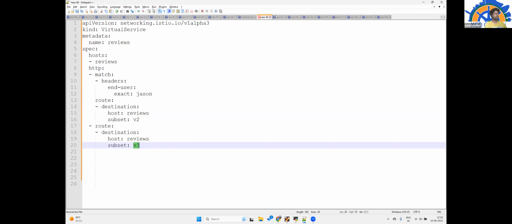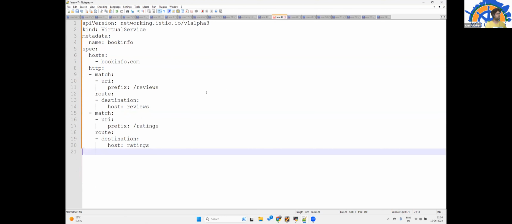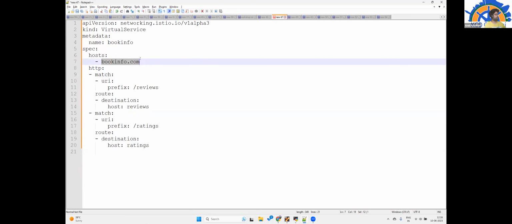Okay, if you see the different kinds of functionality which you can use for virtual services, let's say this one, this would be more appropriate. Example: host name is the placeholder name, like bookinginfo.com. Now over here, what we are doing is these two matches, right?